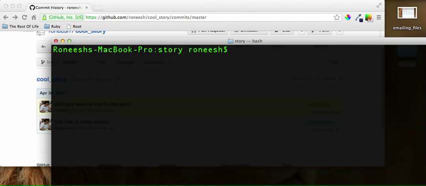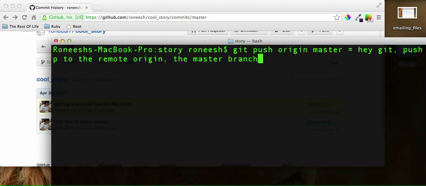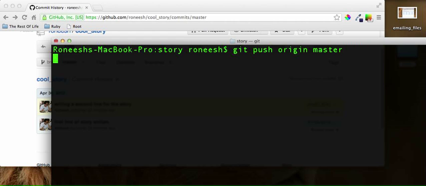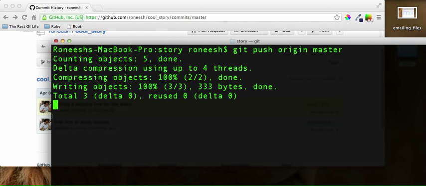I have to run one more command, and that is git push origin master. Okay, and this will push my changes up to GitHub. So what this says is, hey Git, push up to the remote origin the master branch I have locally. So it's saying push up to the remote called origin, the master branch I have locally, and it'll push it onto the remote origin's master branch because they're set up to track each other. So I'm going to run this command. And